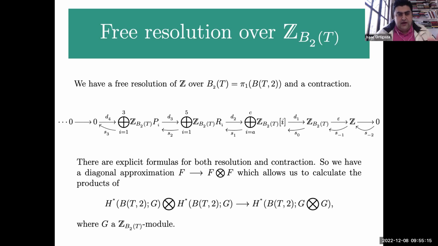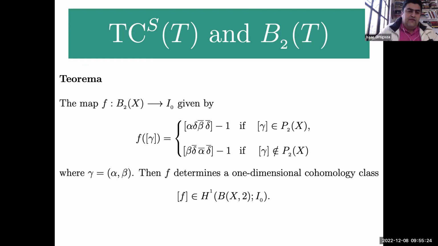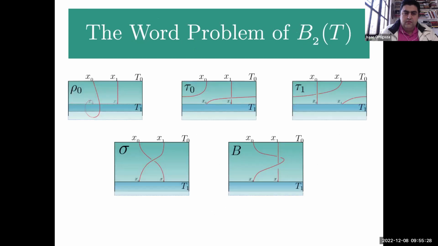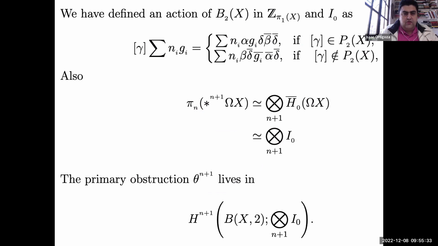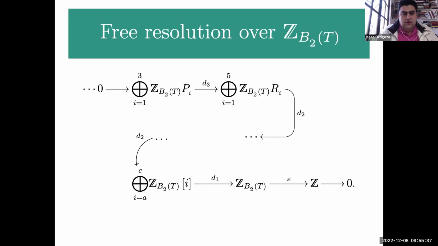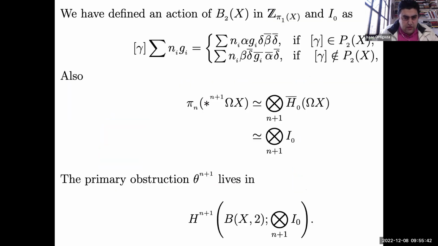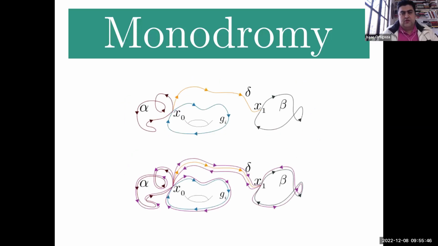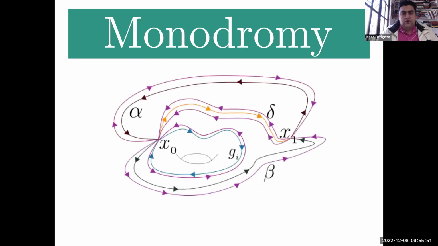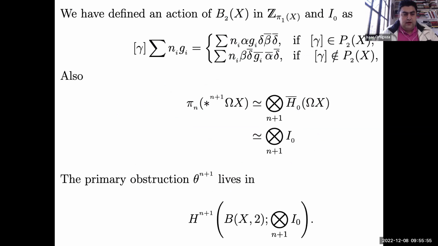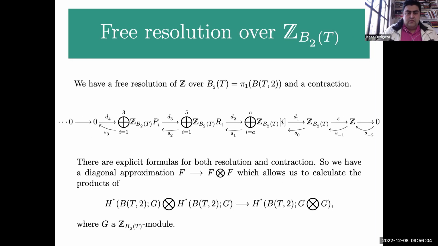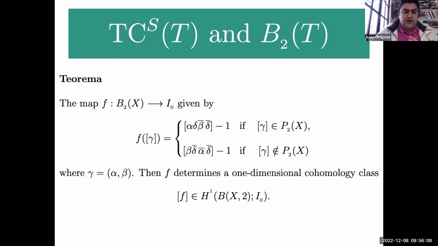Well, for the case that I was trying to understand, I have the monodromy that I already explained how it works. I was able to find the primary obstruction to create a section, and this primary obstruction is represented by the map that goes from B2 of X to E0, given by the formula that it shows,